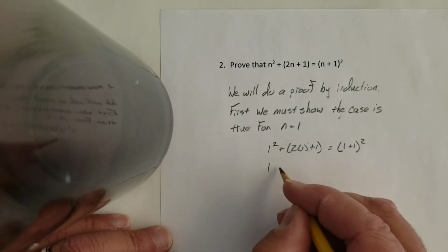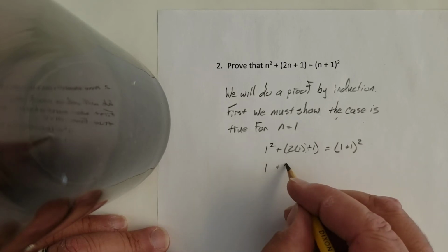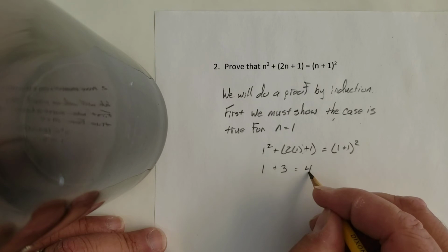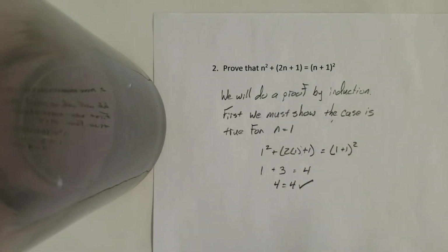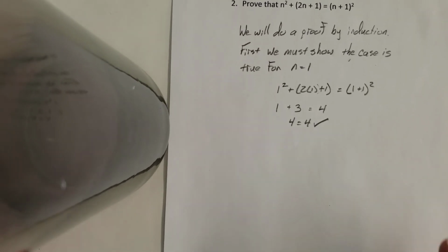So we know 1 squared is 1. 2 times 1 is 2, plus 1 is 3. 1 plus 1 is 2, squared is 4. 4 equals 4. Check. There's our first part. Okay? Now,